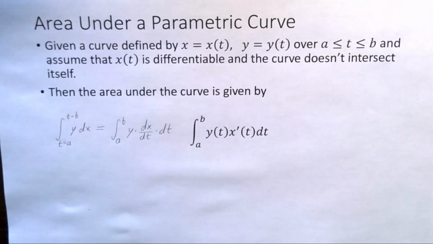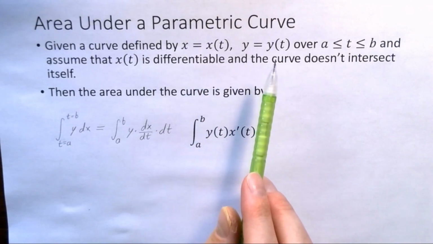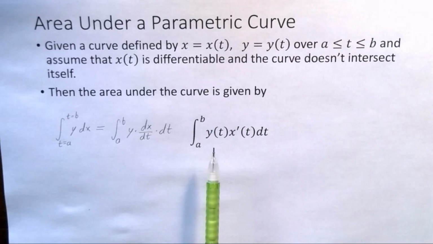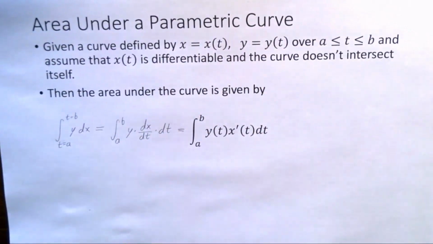Now, at this point, we can shorten the formula and note that since from above we have x is equal to x of t and y is equal to y of t, dx dt is going to become x prime of t, and y is the same thing as y of t. And this gives us our final answer for the area underneath a curve defined parametrically, assuming the curve does not